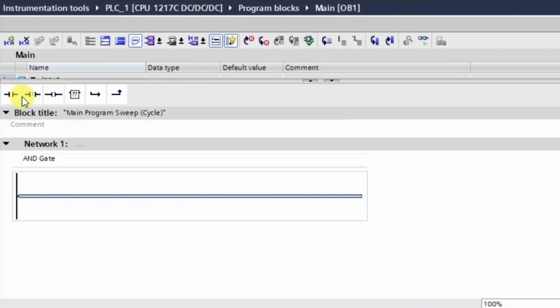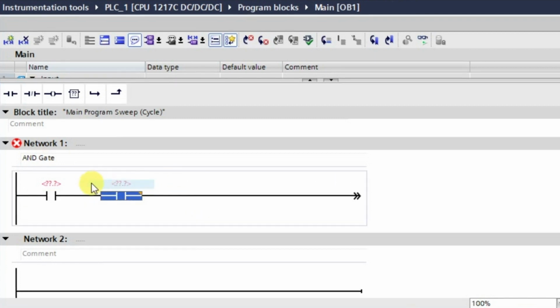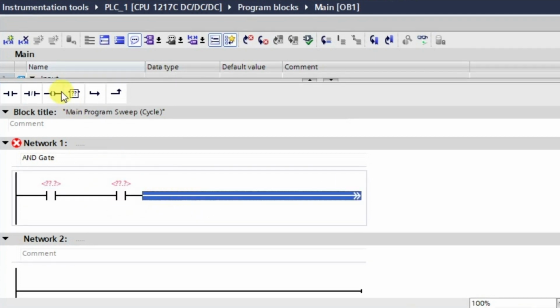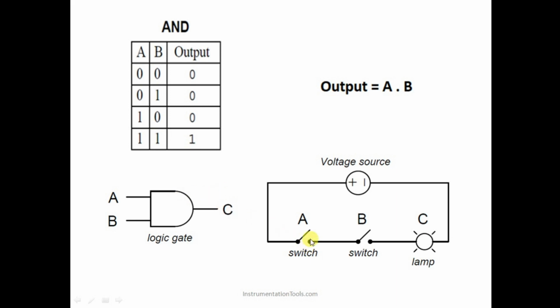What I'll do is I'll take one NO. Basically the switch is in open state, so here also I'll take one NO. Another NO. I'll take one more NO, for this will be the input number B and the output, right? So here if you observe, switch number A and switch number B both are in series to the output, and from the left side we are giving 24 volt, and here we are giving negative to the